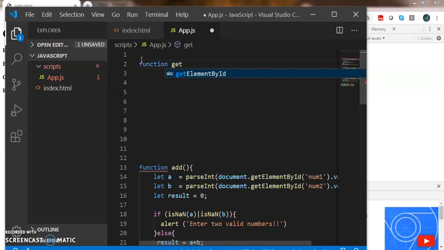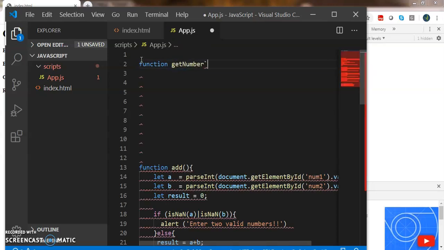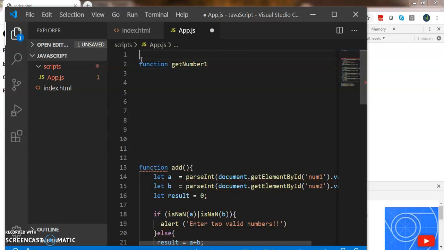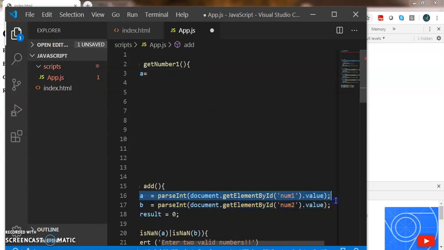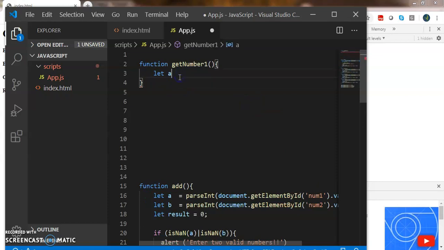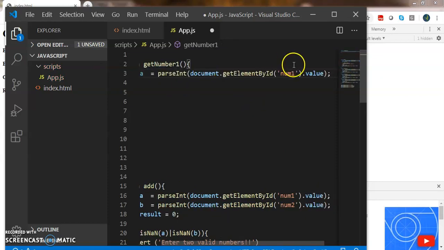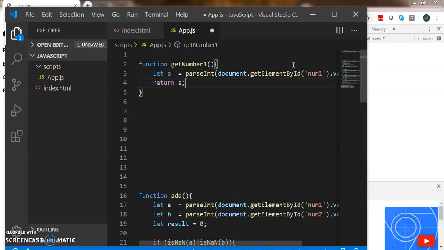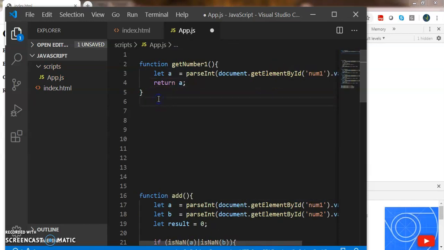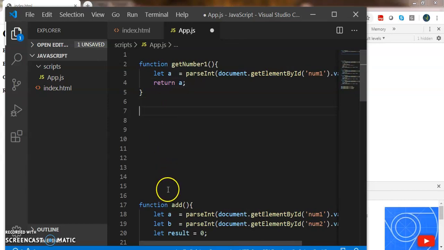Let's name this function getNumber1. Let's just copy this line and paste here, and this function will return the result to the calling function.